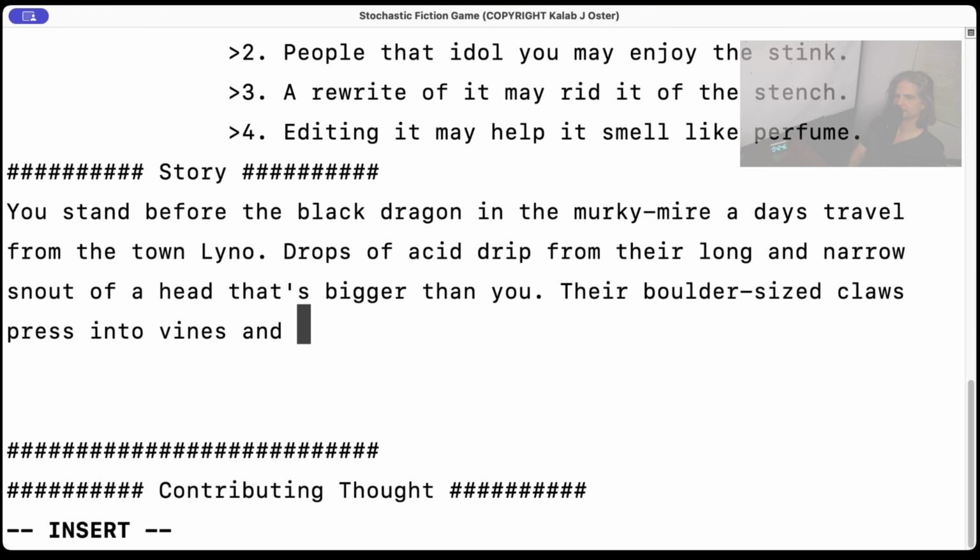Vines, strong grass. Vines and plants. Describe it. Their boulder-sized claws press, pierce